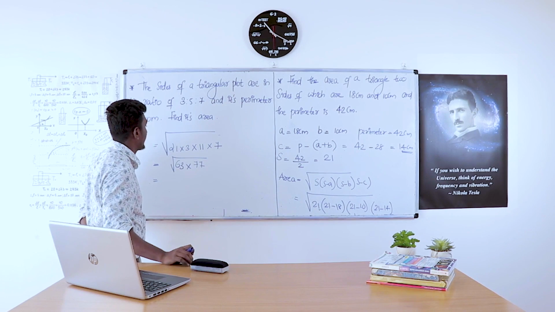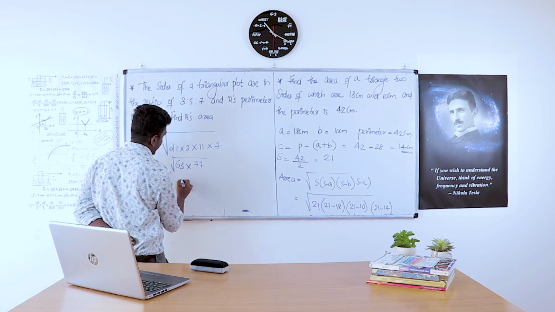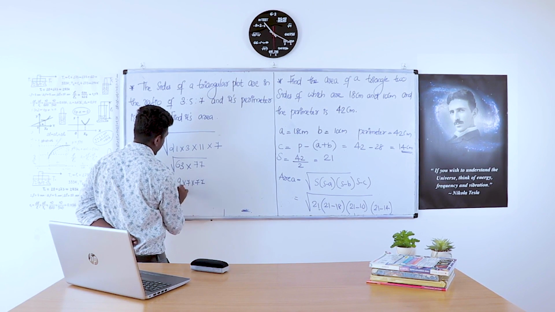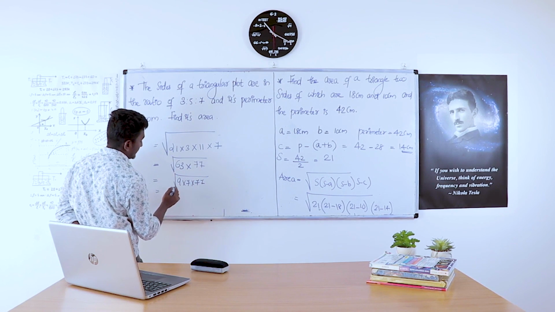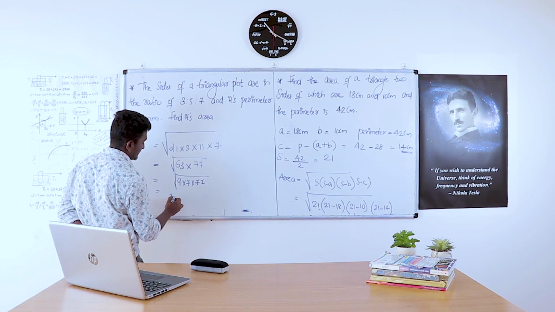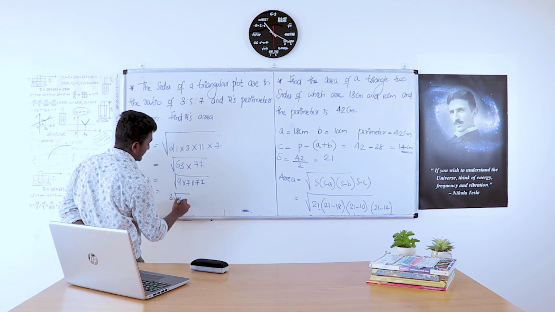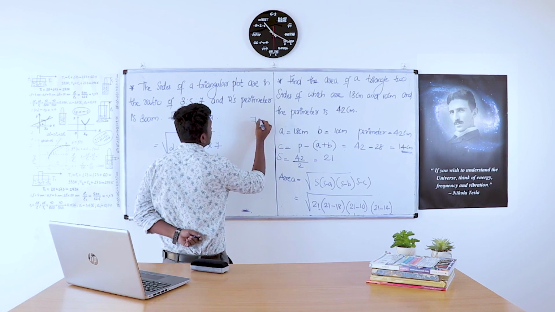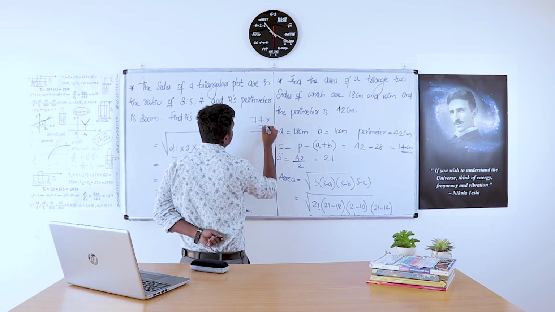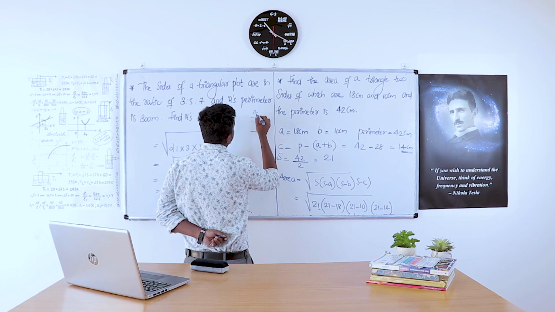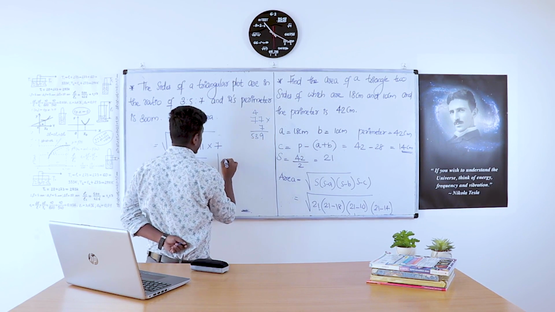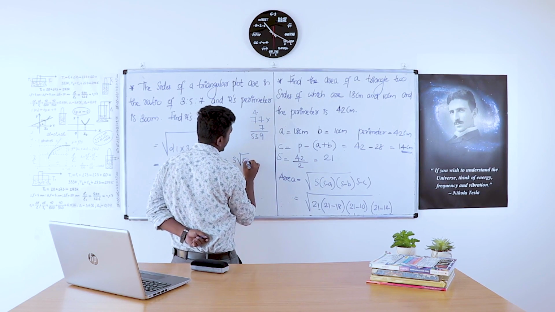Now how can we simplify this? 63 can be written as 9 into 7, into 77. So root 9 can be written as 3, into root of 7 into 77. So what is 7 into 77? 7 into 7, 49. Remainder 4. 7 into 7, 49 plus 4, 53. That is equal to 3 root 539